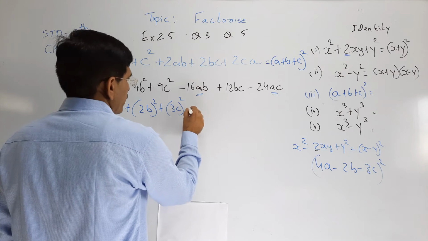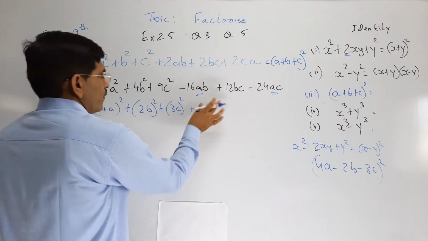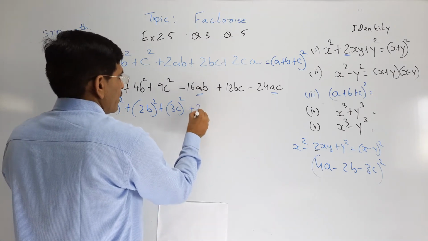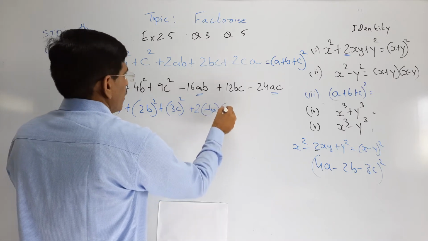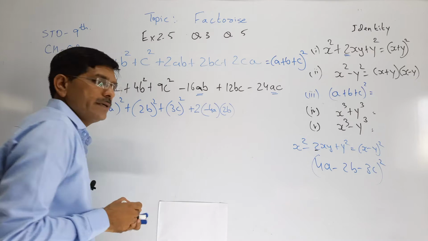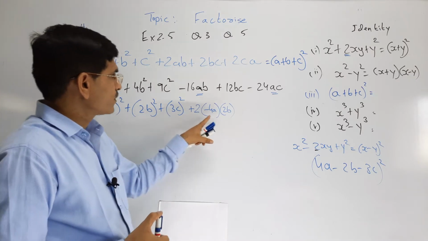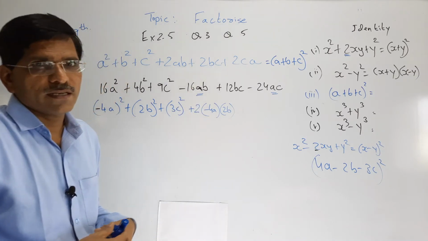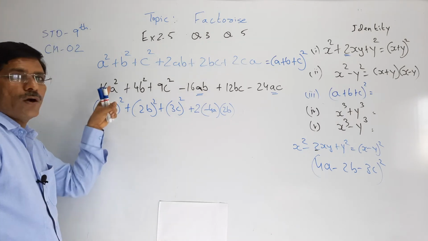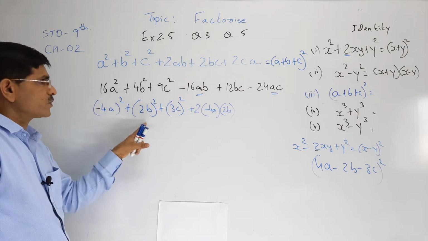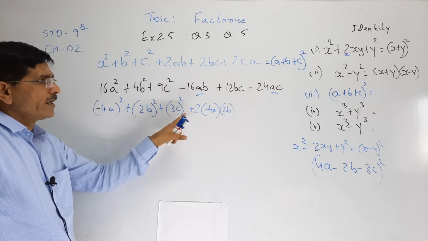So now, according to the formula, 2 into minus 4a multiplied by 2b: 4 2s are 8, 8 2s are 16. So it is clear. Again, (minus 4a) whole square plus (2b) whole square plus (3c) whole square